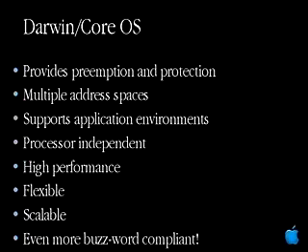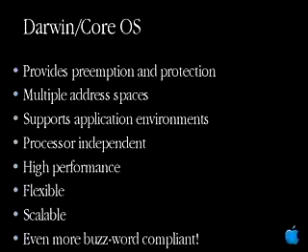The Core OS is also processor independent. For those of you who were just at the open source session, we demoed Darwin, the open source component that's available out on the net, actually running on Intel. Now this is not the Core OS for macOS 10, not all of macOS 10, but just the Darwin piece, the open source piece of macOS 10, which is actually up and running on Intel. And we've put some effort into that to make sure that our OS architecture is as flexible and as well designed as we can, because we want to make sure as the future progresses and as processor technologies evolve, that we have a very flexible architecture.